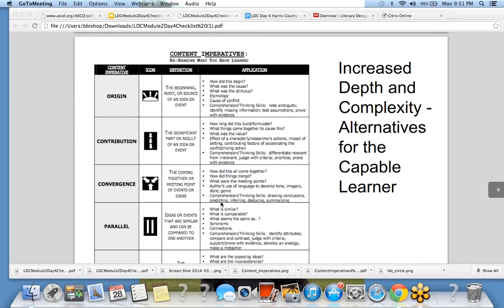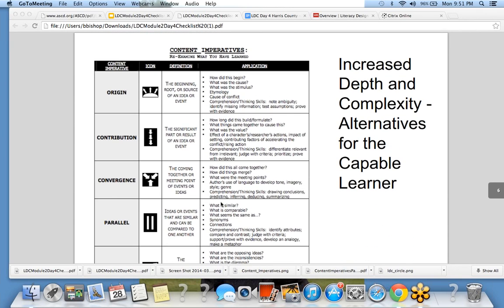And then we talked a little bit about, well, how do you quickly and effectively come up with alternative writing prompts, or tasks rather, for a gifted learner? What's a quick way to do so? And we talked about these content imperatives, questions you might ask about the origin of the content or the article,